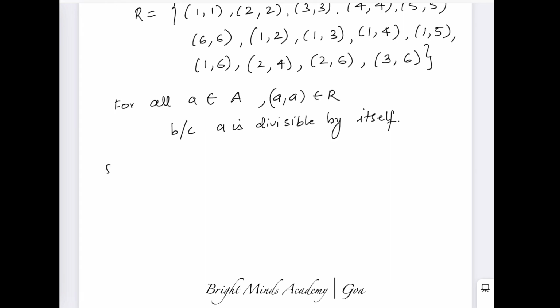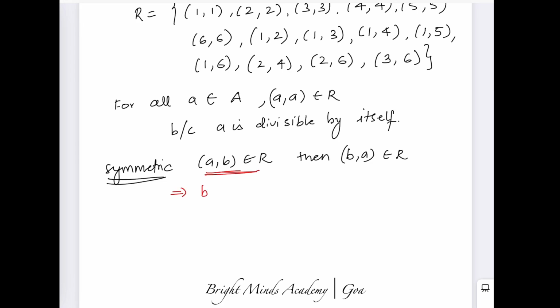Next we have to check for symmetric. Now for symmetric, what does symmetric mean? That if (A, B) belongs to the relation R, then it implies that (B, A) should also belong to the relation R. Now the trouble here is, if you take this to be true, then this means that B is divisible by